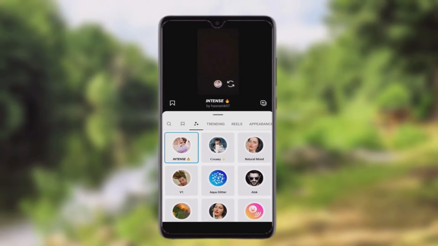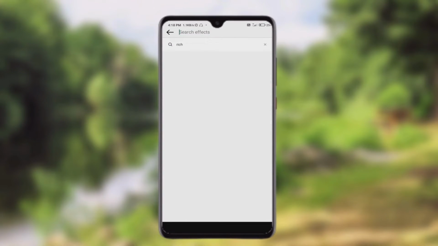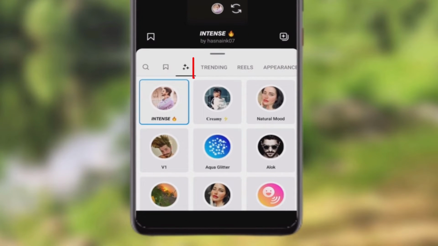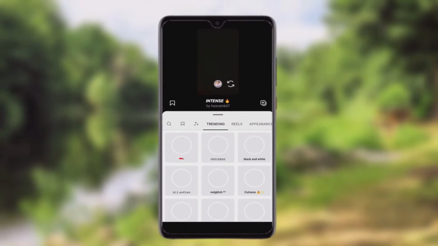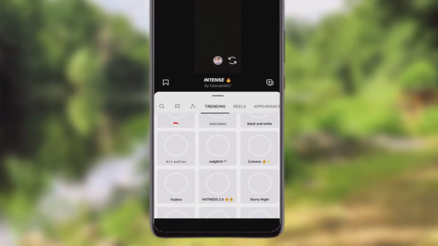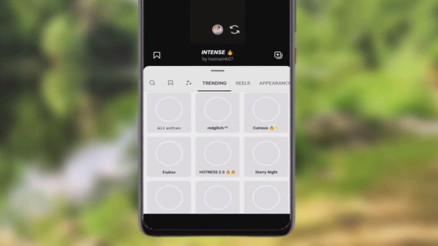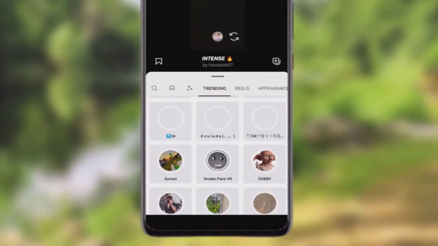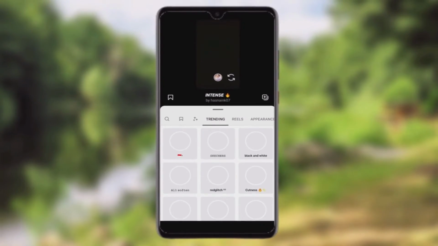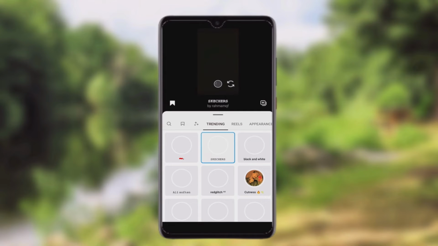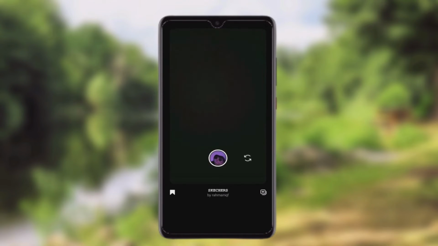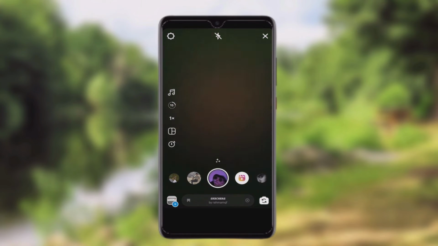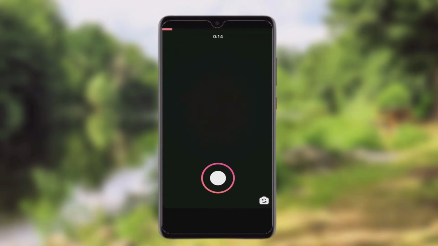And after that you want to just select the search option from here, or you can also select it from the trending option from here. And after selecting the trending, here you can see all the effects on Instagram available here, and you can see red glitch, cuteness, hotness, smoke flare, etc. And by using this you can select one of the effects from here, and after selecting the effect just scroll down this explore page, and after that just click this capture button,